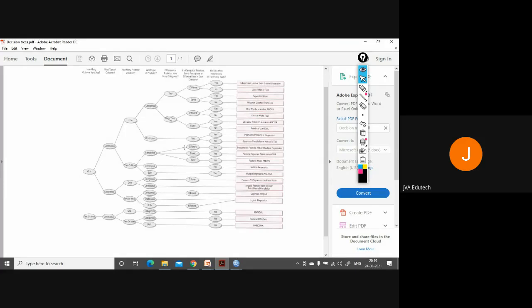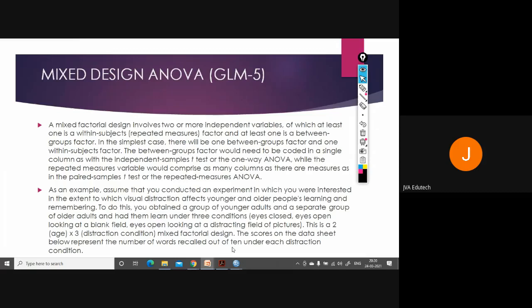You had them learn under three different conditions. Now your independent variable is in three different categories: eyes closed, eyes open looking at a blank field, and eyes open looking at a distracting field of pictures. So this is a 2 age into 3 distraction condition.